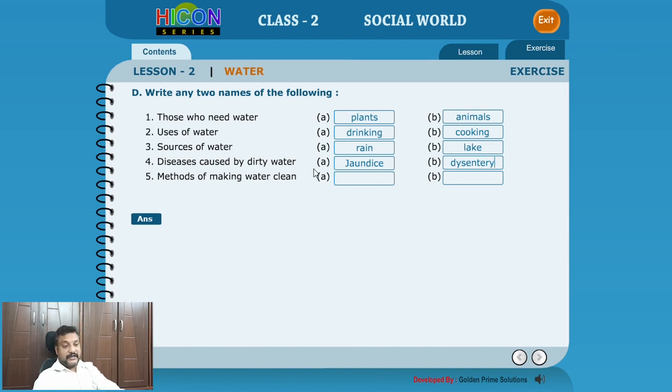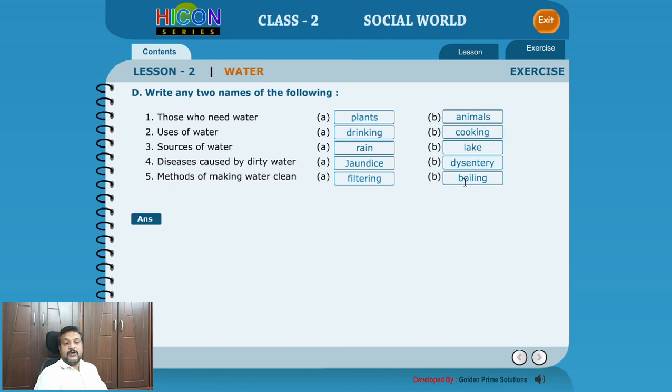Okay. Then we should always drink what water? Pure water. Okay. Methods for making water clean. How can we get pure water? We can get pure water through filtering the water or boiling the water. So water filtering systems or water purification systems we can get as clear water, or boiling also can help us to get pure water.